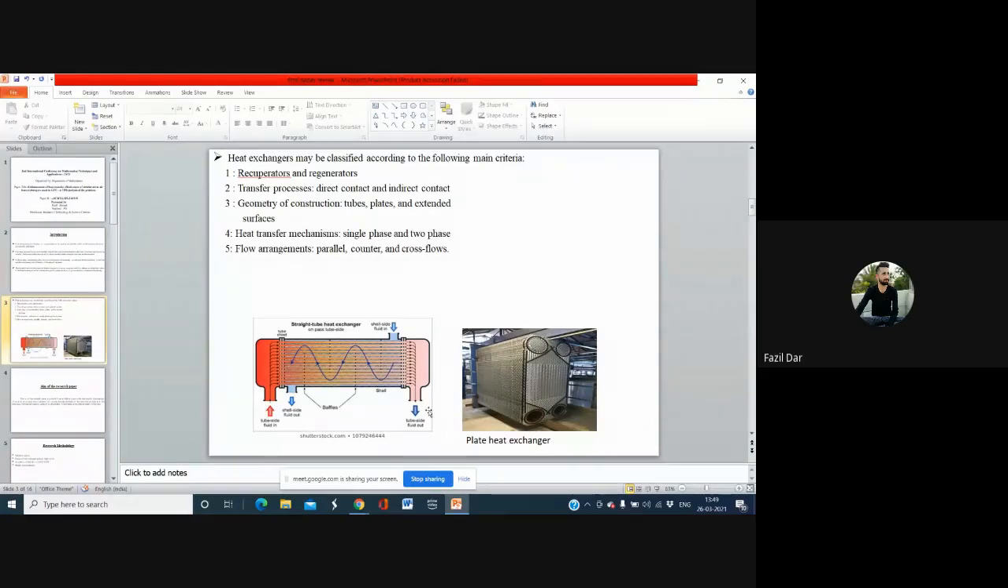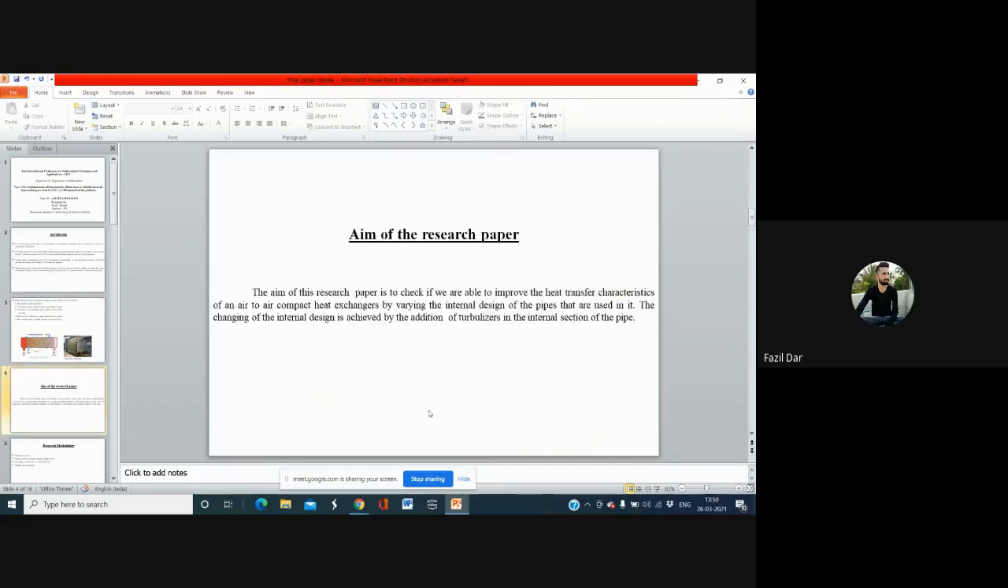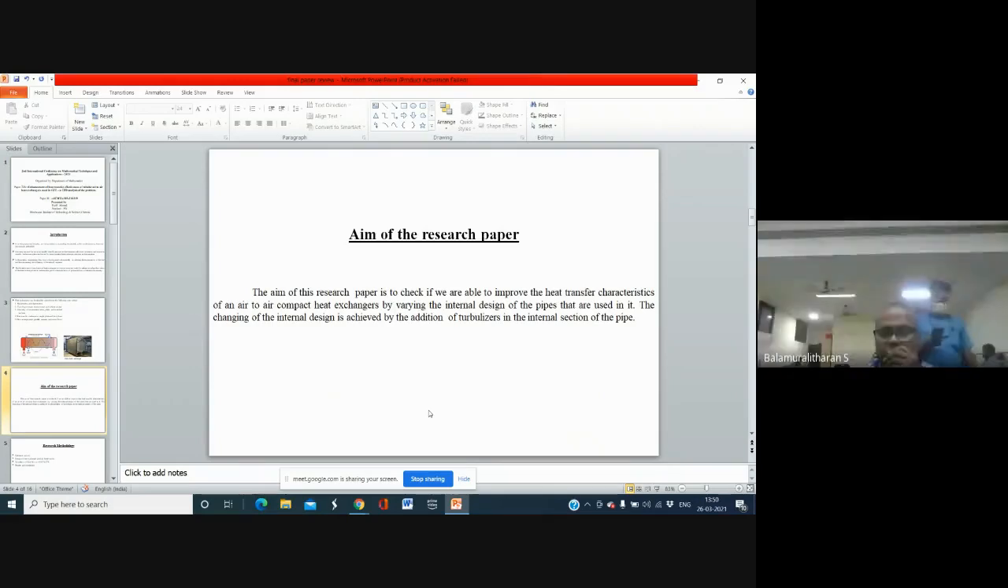Depending upon the classification, there are different types. It may depend upon the process, direct or indirect, and the type of construction: plate, tube, or extended surfaces. It also depends upon the heat transfer mechanism, whether single phase or two phase, and the flow arrangement, whether parallel, counter, or cross flow. The aim of my research paper is to check whether we are able to improve the heat transfer characteristics of an air-to-air heat exchanger by varying the